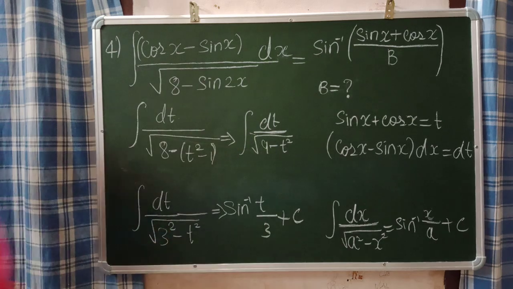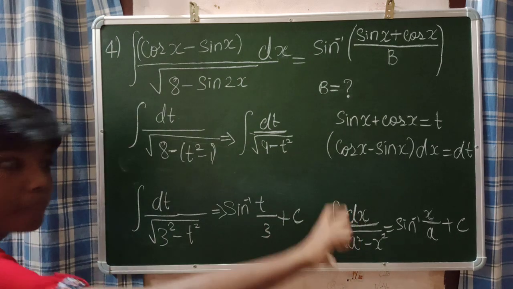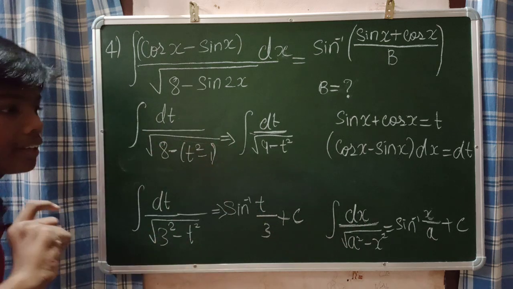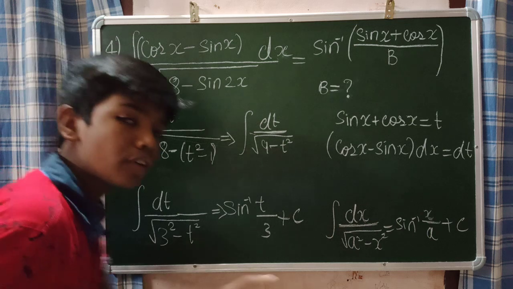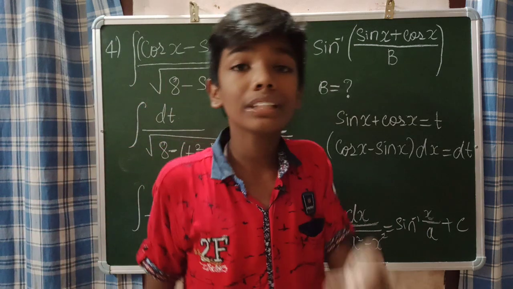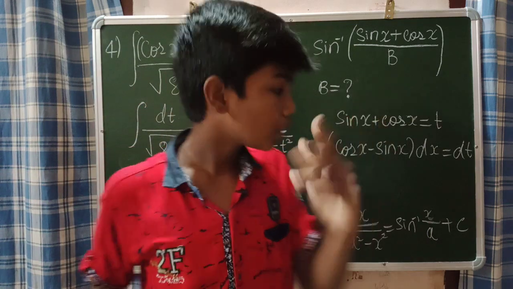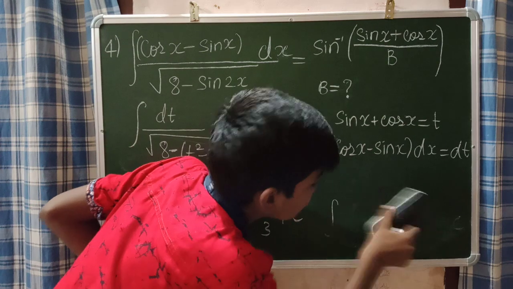This is what I did, guys. So try to understand, guys. Remember this formula, because this is the most expected one which you can expect in your JEE Mains. That is, integration of dx divided by root of a square minus x square is equal to sine inverse of x by a plus some constant. That's what you need to understand. So I will rub this one, guys.